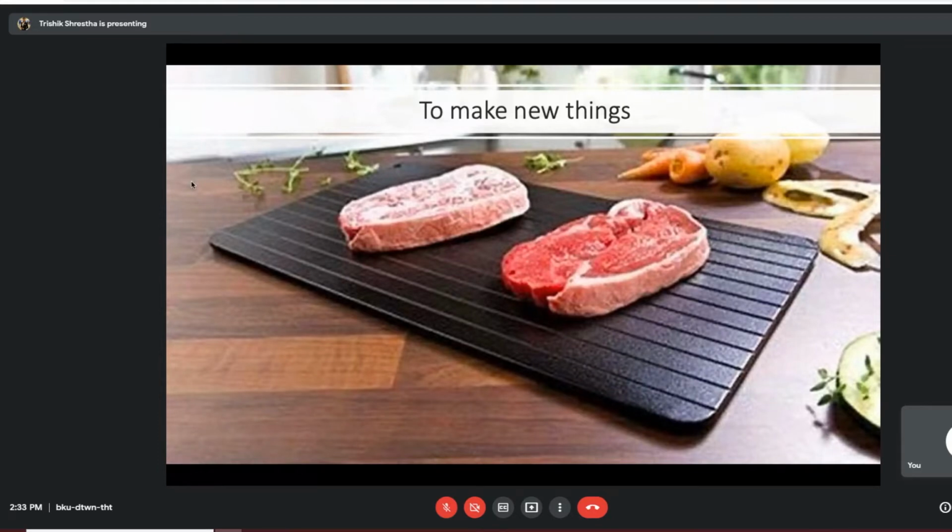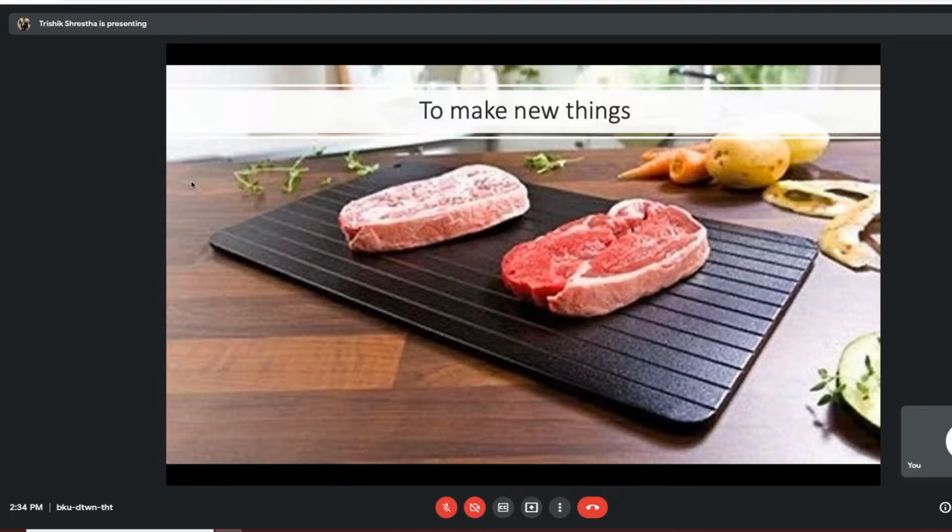The first time I saw this was in my brother's restaurant. I was in the kitchen, and one of the staff was using this board, and I said, "That's a peculiar-looking chopping board," and he said, "That's not a chopping board. That's a thawing board." That's the first time I heard that word. The way this product works is you put the frozen meat or frozen groceries onto this thawing board, leave it for 20 to 30 minutes, and then the piece of meat or whatever you're trying to thaw out is going to get defrosted.